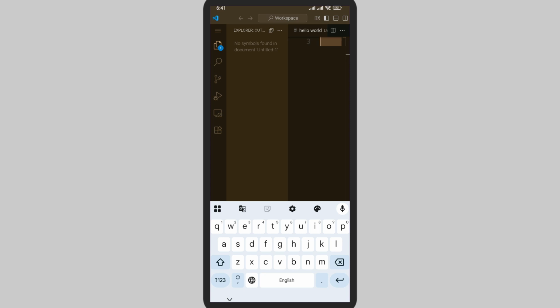So here I'm tapping on one. Now as you can see, the whole interface has been changed and it has turned red. So it's according to your choice and preference and which way you like. So if you want to change it again, simply go to settings and change the color